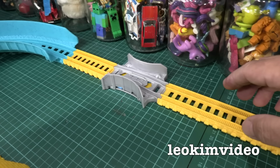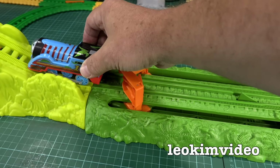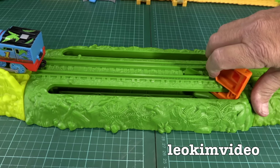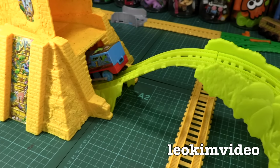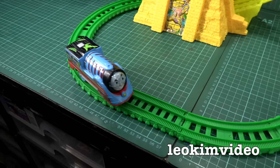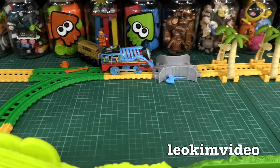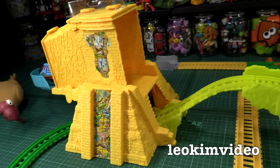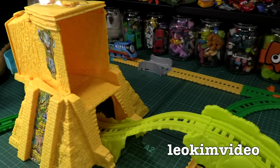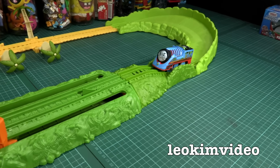I will set up this other speed trap too. I'm going to move Thomas forward of this catapult area here, and I'm going to set the catapult. Ooh, yeah. Okay, Thomas, it's going to be do or die from here on. We'll watch him very carefully on this run. It's going to be very dynamic, I hope. Over the back there, nice and fast, and here we go. Oh, crikey, did I capture that? It happens very, very fast. Double speed run from the back there, and because I haven't reset that